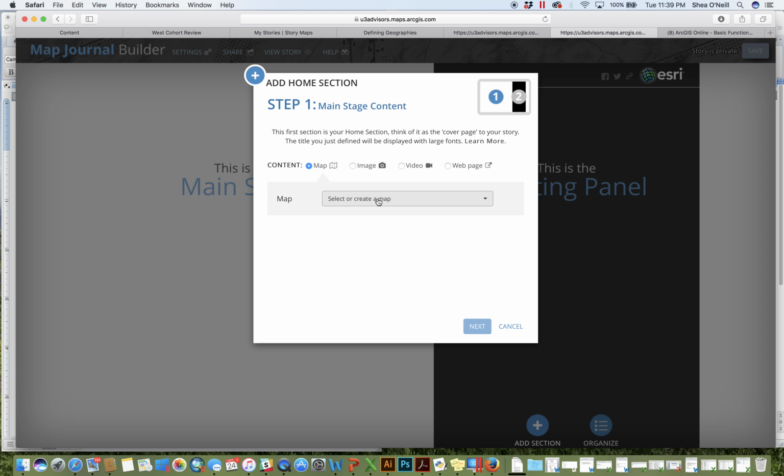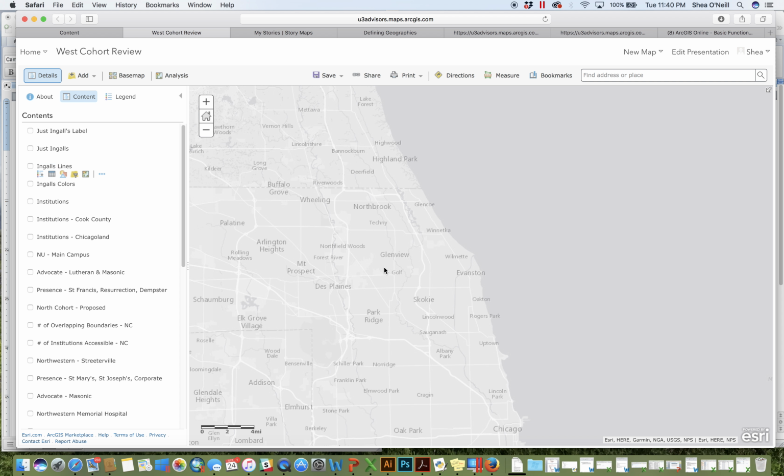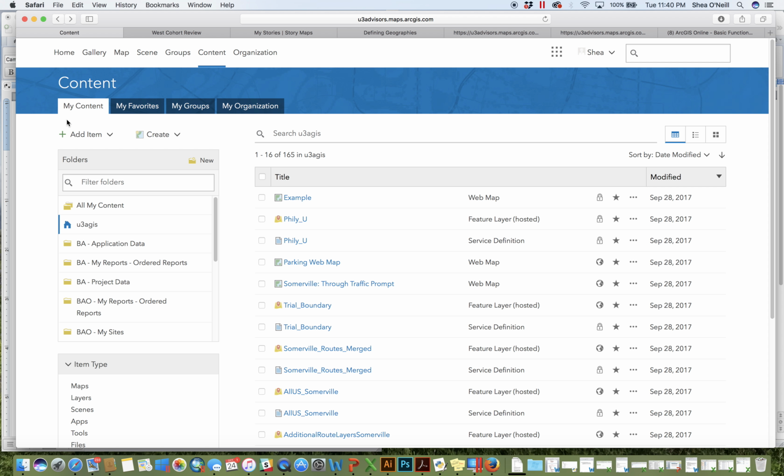Map is what we're going to focus on the most because it tends to be why you would want to use Story Map. You could see you creating something with just images and video, but I think they're better to be peppered in and the map be the primary focus. So you're going to see that it's asking you to select or create a map. What that means is your story map must be connected to a web map. And that's why I said you want to watch those videos or the original ones in this channel, because you need to be comfortable going to